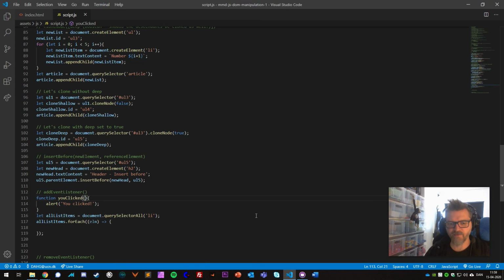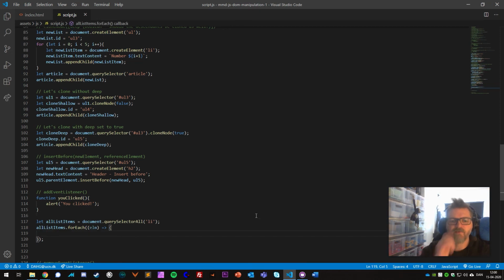I'm actually not going to create a new function. What I want to do is display the name of the tag, so list item would be it, and an eventual ID of the list item, or maybe drag out the inner HTML of it and show that in an alert box. Let's try that. So I want to do an alert